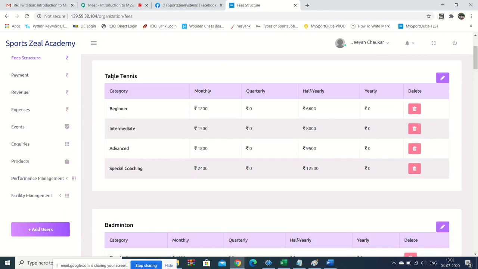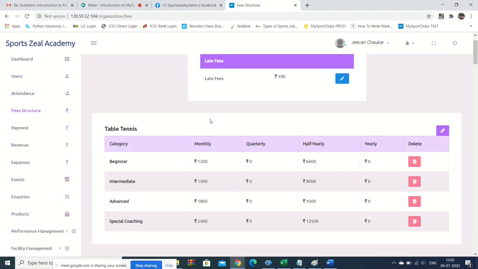So first thing is defining the sports. You have to make sure what all sports you have. Depending on that, we will give you those sports as options. So if you have hockey, tennis, etc., then we can add those sports to your club, and you can see all those sports. And for each sport, you will have to define categories. When a club has players, they can be of various categories such as beginner, intermediate, advanced, and there could be some people who might be taking some sort of special coaching. So this is again flexible. You can change it.